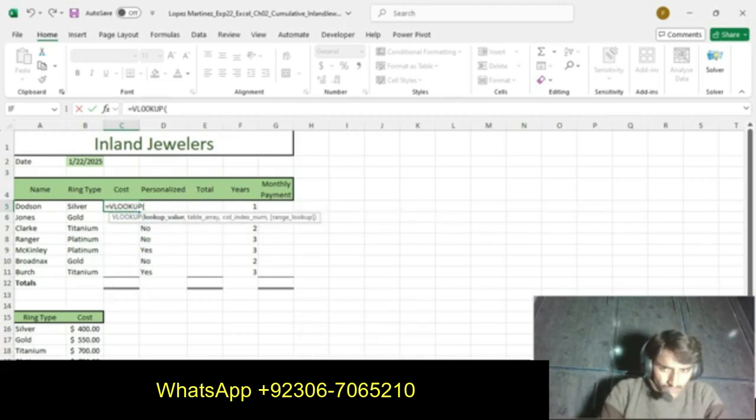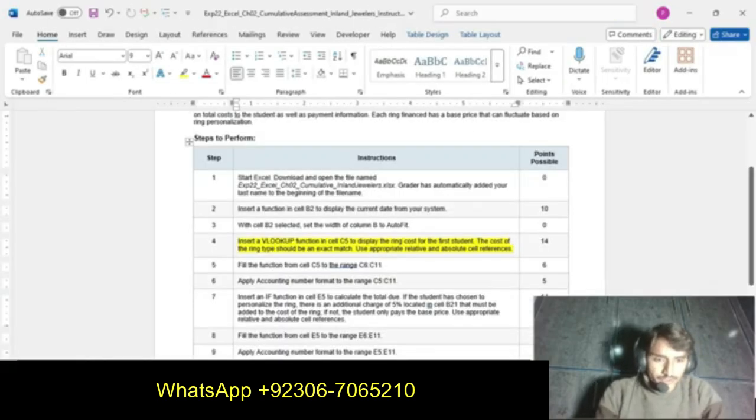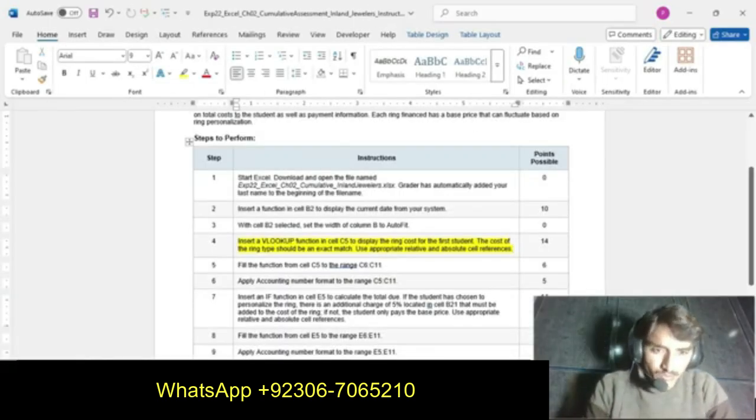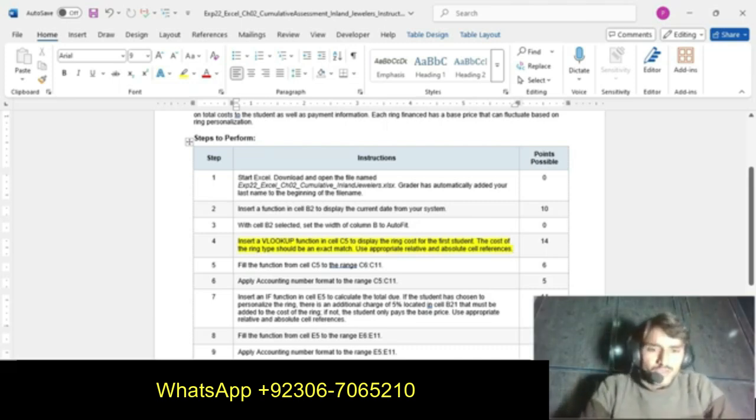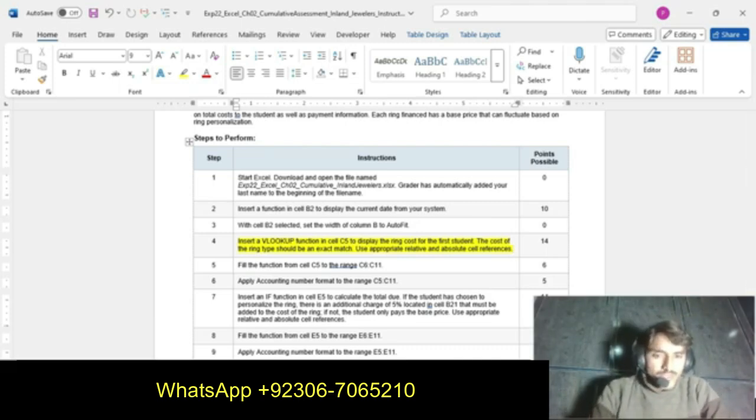Then we build the logic. Display the ring cost for the first student. The cost of the ring type should be an exact match. Use appropriate relative and absolute cell references.